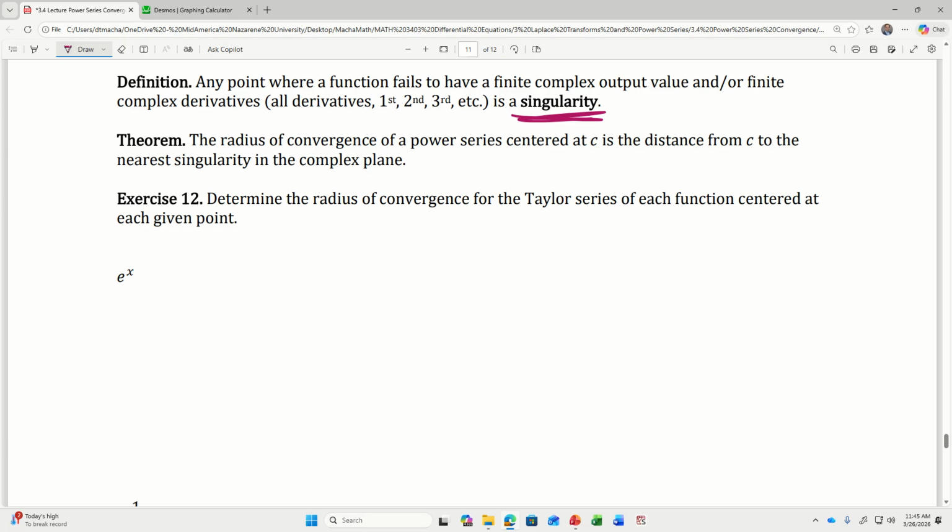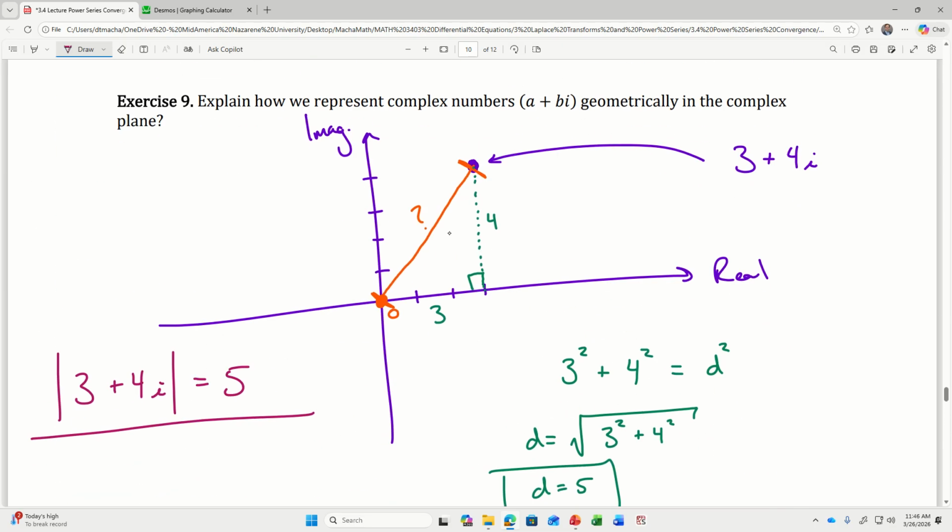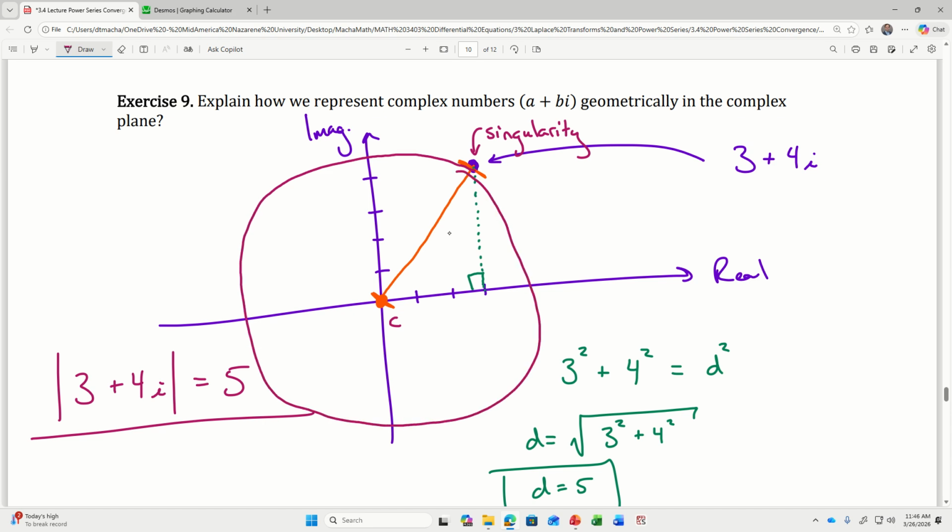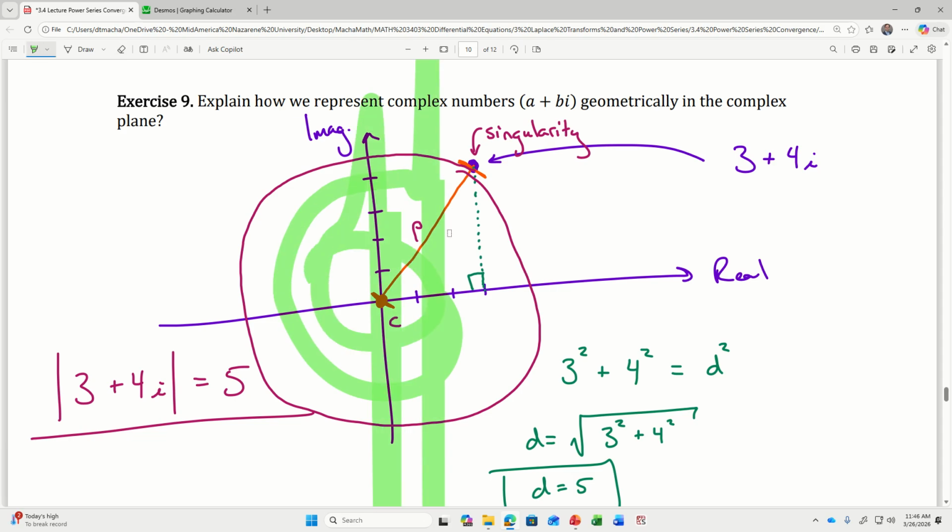So when we talk about radius of convergence, we're talking about this picture in the complex plane where maybe my power series is centered at 0. And maybe this is the nearest singularity of my function. And that means I have a radius of convergence of 5. And every single point, every single number in the complex plane that's inside this circle with radius 5, centered at the center of my power series,